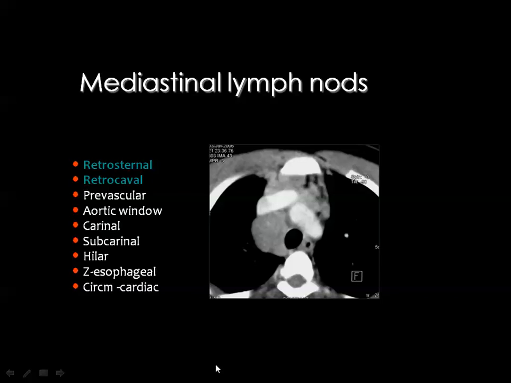Then, a few words about the mediastinal lymph nodes. Normal mediastinal lymph nodes are not seen by imaging, and the lymph nodes are only seen whenever they are enlarged. You have 9 anatomic sites for lymph nodes in the mediastinum. The first site is posterior to the sternum, and this is known as the retrosternal or internal mammary group of lymph nodes. The second site is posterior to the superior vena cava, and this is known as the retrocaval lymph